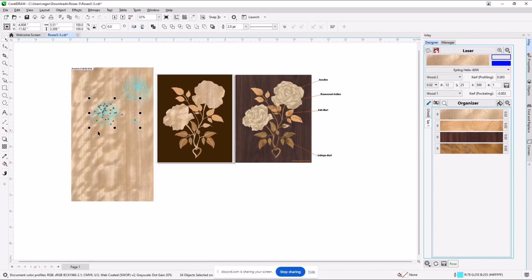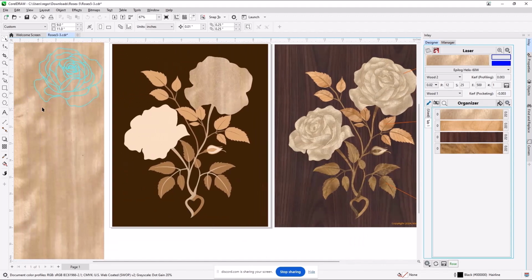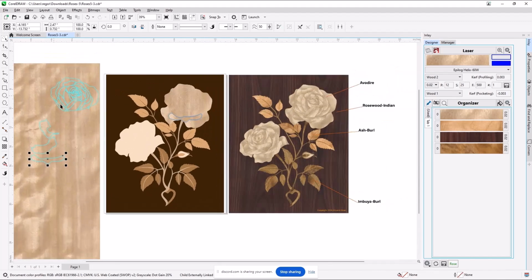So now all of the outlines for this rose are selected and this leaf, and I can go in with the image paint using the pick tool and tell it, I don't want that. And it's removing all of those correctly. And then this rose remains. So if I did everything like I did here, the way I get this kind of detail and coloration is I need to physically paint with the pieces. And not only do they need to be physically moved, they better not be touching anywhere. There needs to be a gap. This piece would cut poorly because it's overlapping the other one. There has to be a gap between the pieces for it to cut at all.